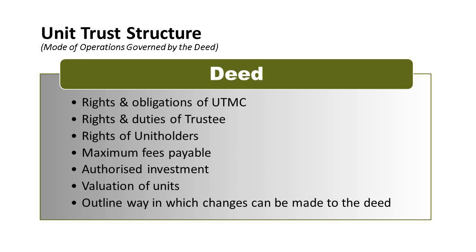And authorized investment. Where are the investments going? China companies, Australia companies, US companies, Malaysia companies are all stated inside the deed already, because the deed is for different funds. One fund has their own deed as well. Every one of them has it, like a contract. Okay? And valuation, how they calculate the unit price, is all stated inside the deed. And the outline of the way any changes are to be done: if you want to change anything on the contract, you have to follow these procedures.